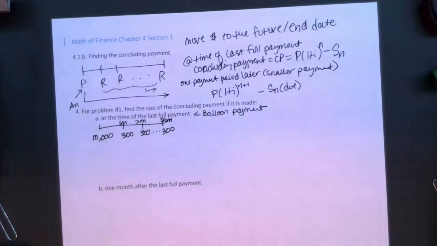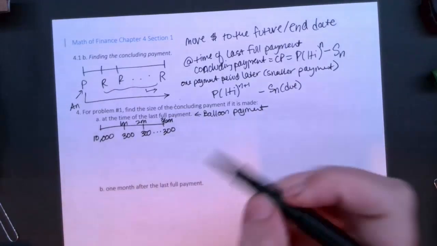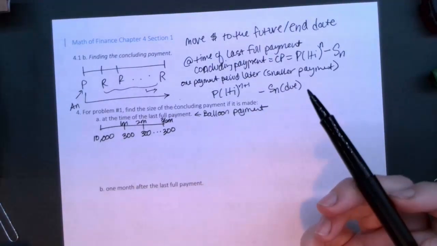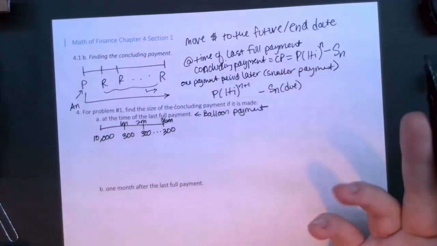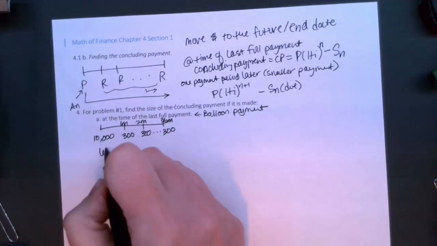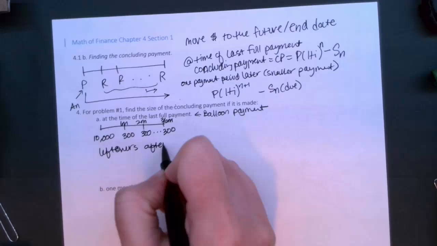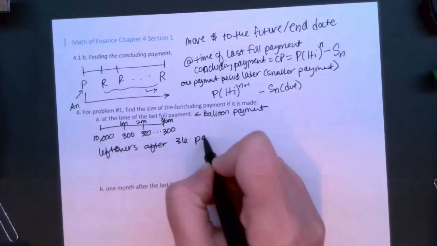Okay, called the balloon payment. So then right here, what we're going to do is, I kind of call this the leftover formula, so you can call it the leftover formula, or again, you can just do concluding payment. It's totally up to you. Okay, but the leftovers after 36 payments